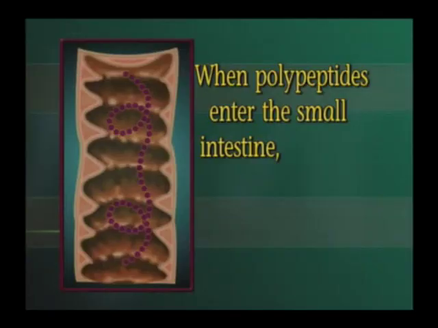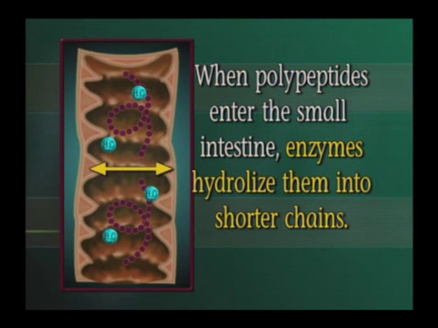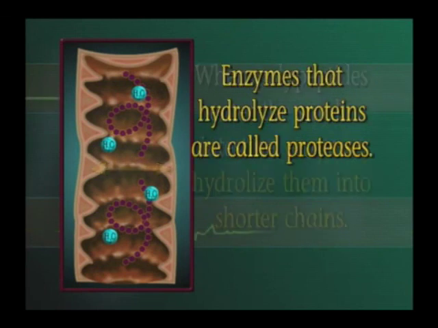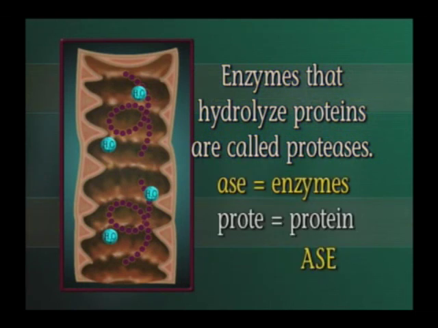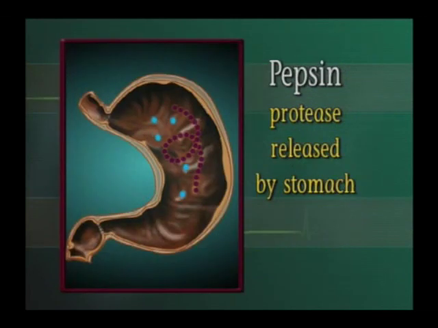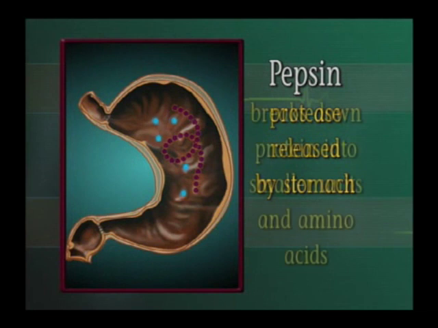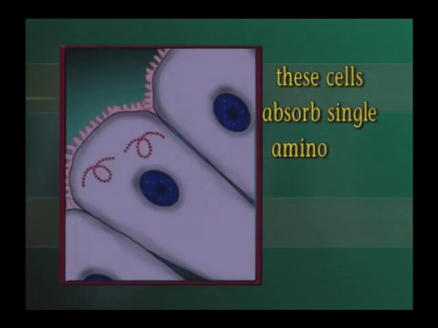When polypeptides, which are 10 or more amino acids bonded together, enter the small intestine, enzymes hydrolyze them into shorter peptide chains. Enzymes that hydrolyze protein are called proteases. Remember, ase means enzyme. So just take the beginning of protein, prot, and add ase to get protease. A good example of a protease is pepsin, which is released by the stomach and begins to break down the protein into smaller units and amino acids. These cells absorb